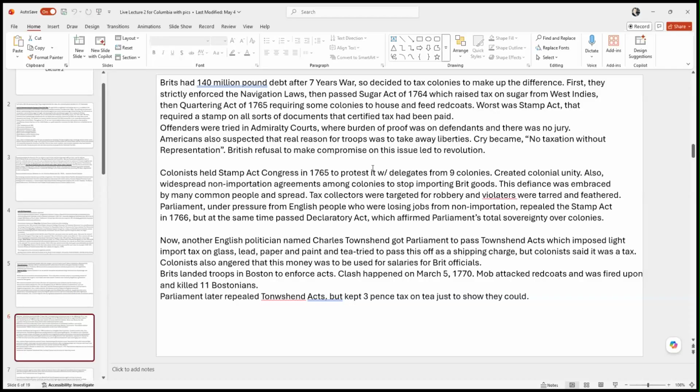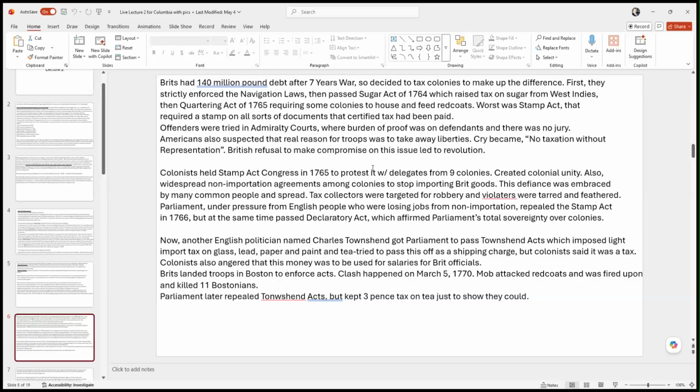They passed a law called the Quartering Act, which was really hated by the colonists, which basically said that the British military could come to your house and they could require you to house and feed British soldiers. You wouldn't have any say in it at all. They just come to your house and say, hey, we're going to put 5 soldiers in your house. You're going to take care of them.